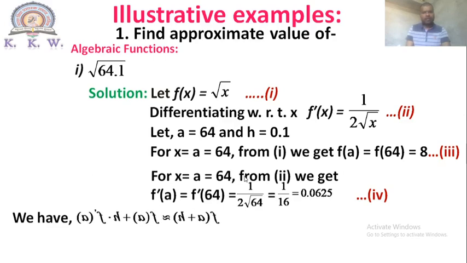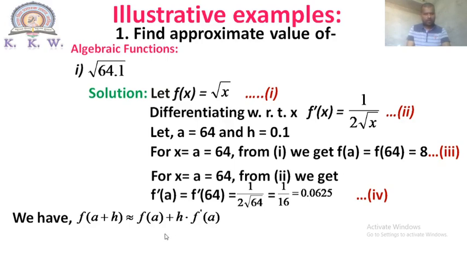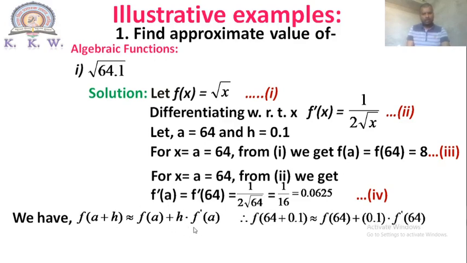After finding f of a and f dash of a, put the value in the approximation. F of a plus h is approximately f of a plus h into f dash of a. We have already found the value of f of a: f of 64 is equal to 8 and f dash of a is 0.0625, h is 0.1. By substituting this value in the formula, you will get